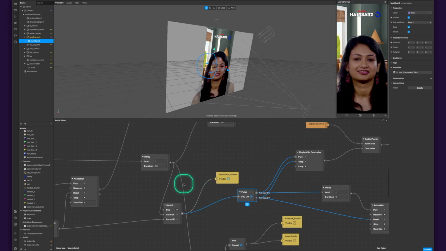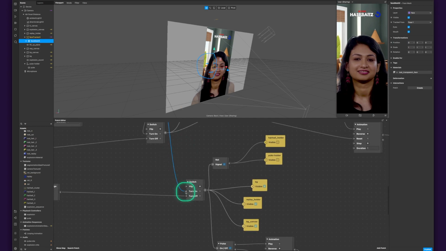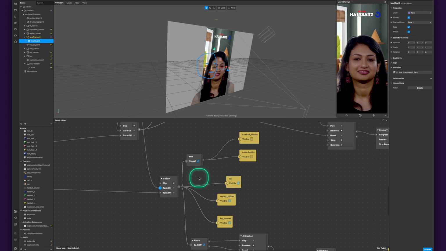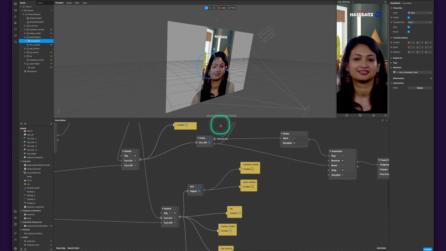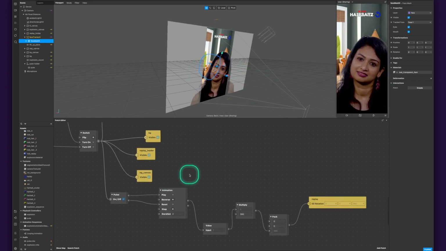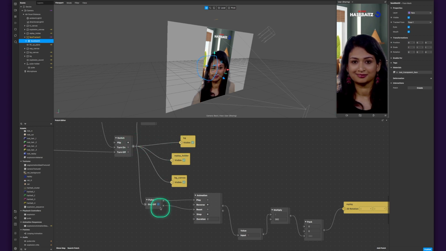So backtracking here, we don't want to forget about this connection. That hits a turn on pulse, and a few things happen all at once here. We get a not signal to the hairball and puke holder, so we negate that turn on and therefore turn off those holders. That's a timing issue. You saw that delay stuff. That's so that when that plane starts to come up, those emitters aren't still going and pushing through the plane. And we have that turn on pulse down here playing that animation,